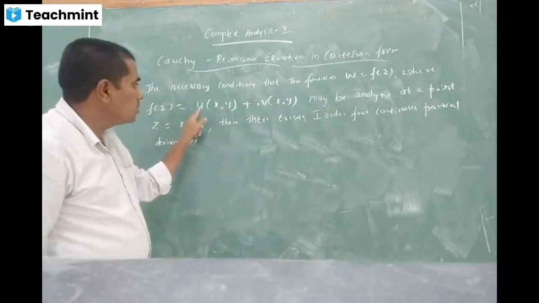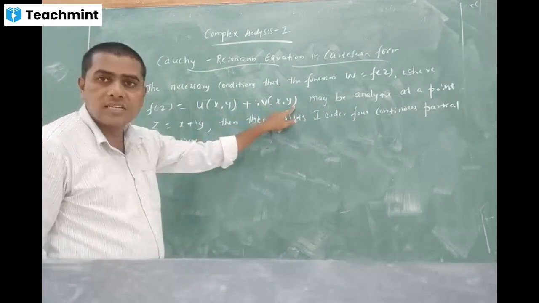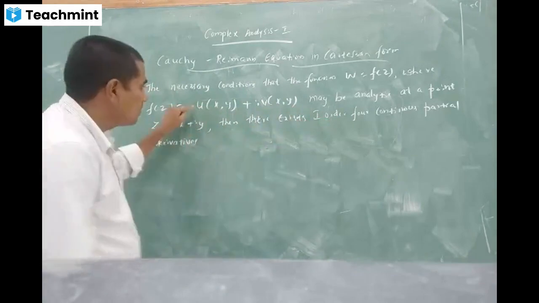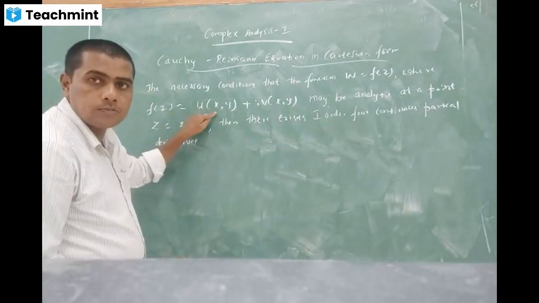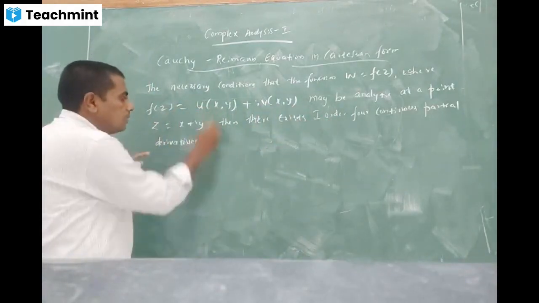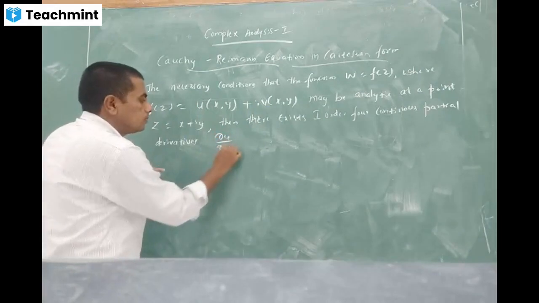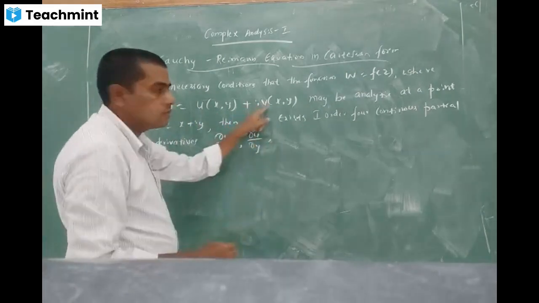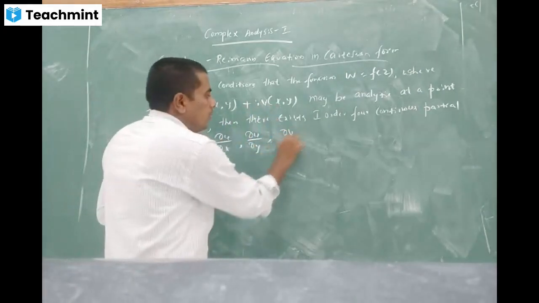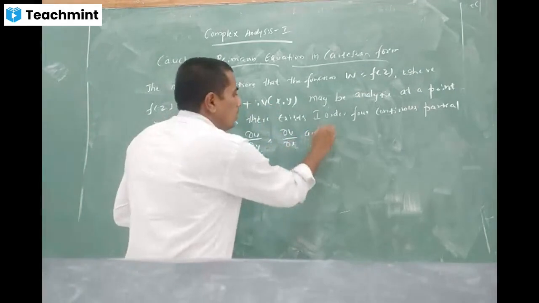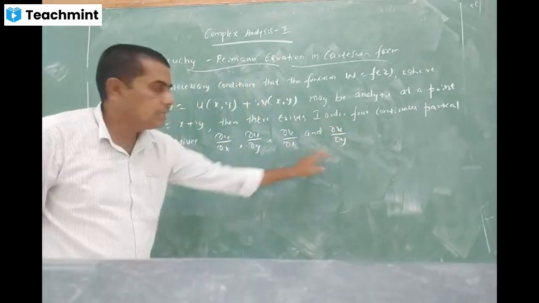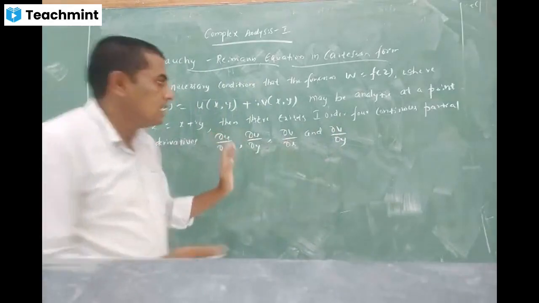See here, u is a function of x and y, and v is a function of x and y. Right? Four continuous first order partial derivatives means I am differentiating with respect to x now. Is it clear? Partially. So this term will become dou u by dou x. Similarly, dou u by dou y. Next, v is a function of x and y: dou v by dou x and dou v by dou y. So the first order four continuous partial derivatives are generated now,